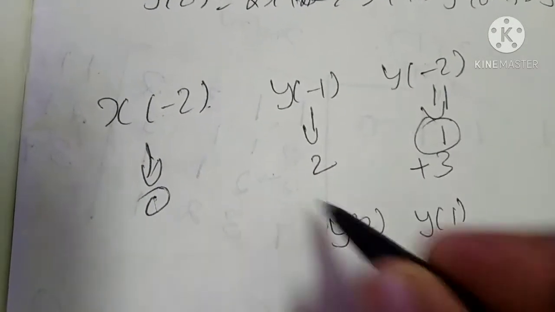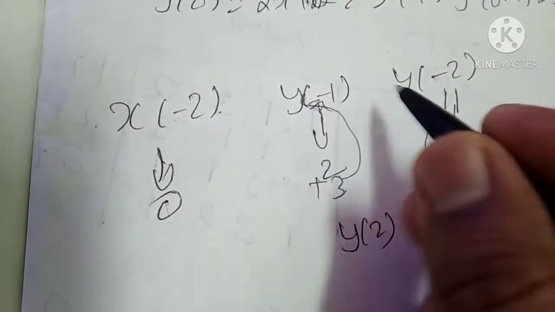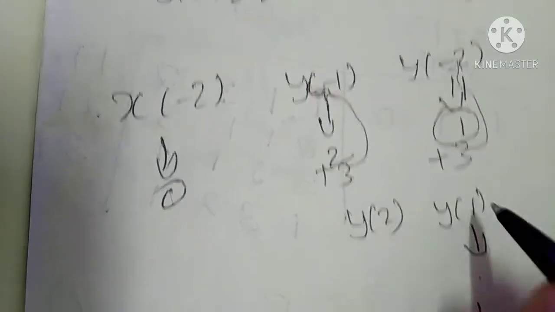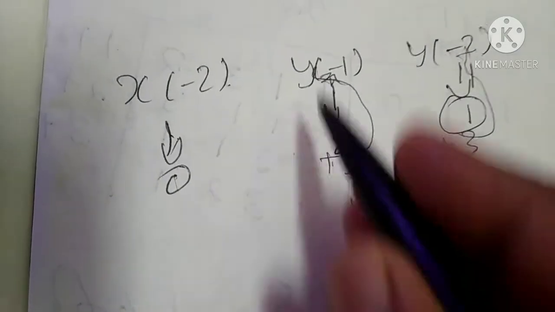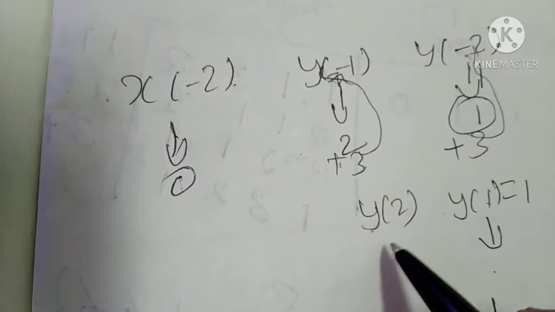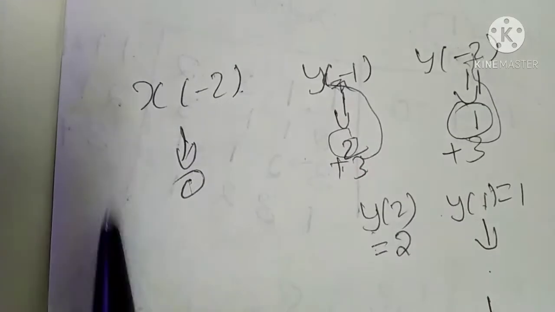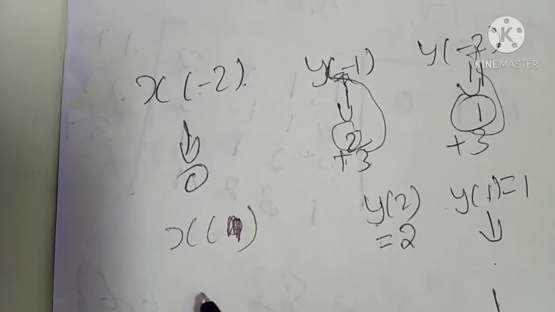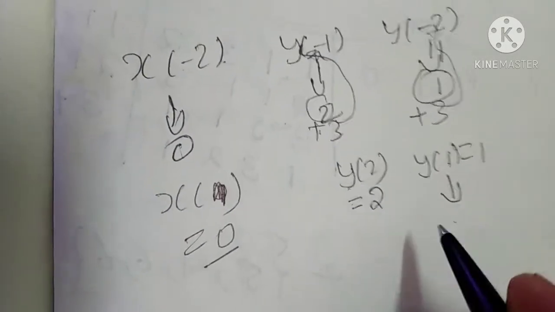Then I will add 3 to this also. Not to the value, to the index I am adding. Okay, I am adding 3 to the index. So minus 2: y of 1 is equal to 1. Next I have added 3 to this, so the index will become y of 2, and the value of this one is 2. This is the initial value. Here x of 2 will become x of 1, and the value added to this one is 0. Okay, so these are the values, and these values I have given in the program.